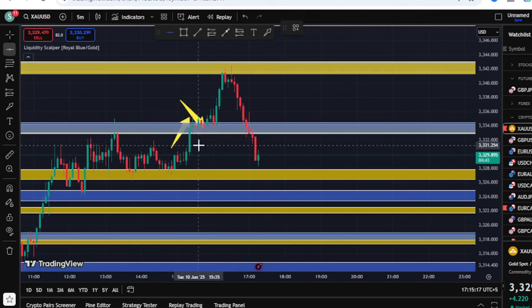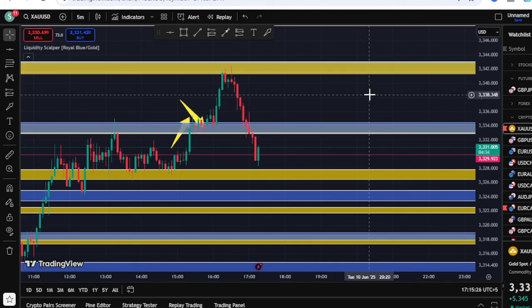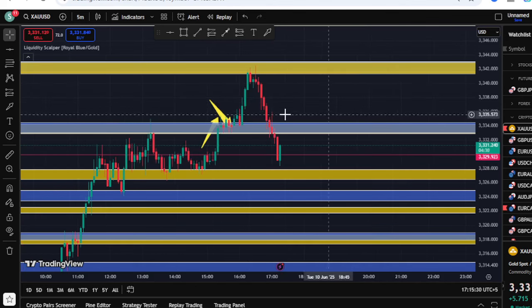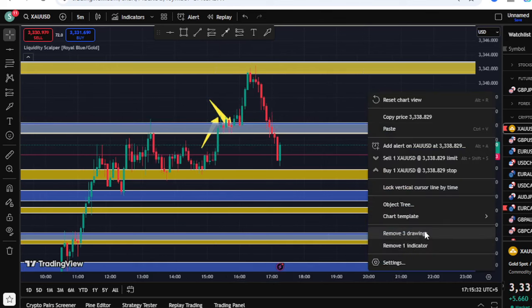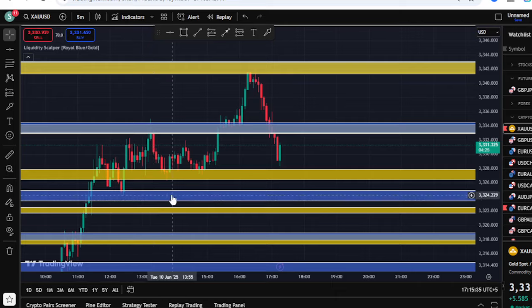And where will your stop loss be? Your stop loss will be in between the two levels like this. Not too close like this, it should be in between the two levels. So if you are a scalper and you are looking to make money in an easy way, then this indicator is for you. And this works exactly on the break and retest.